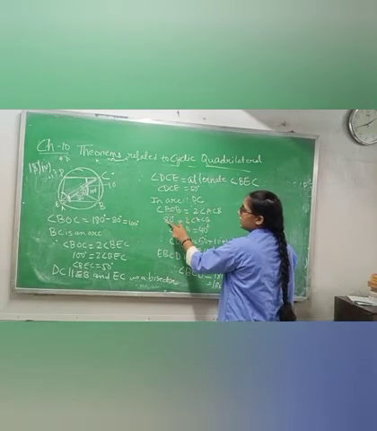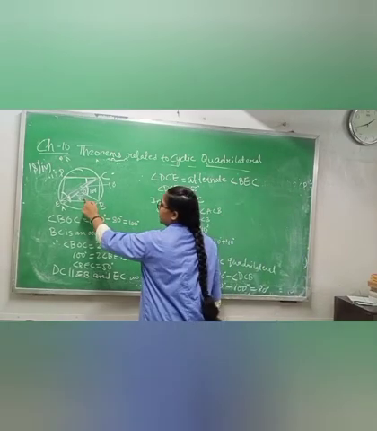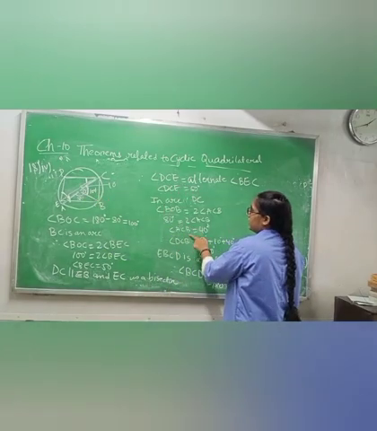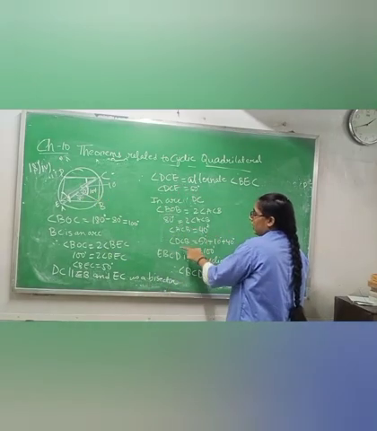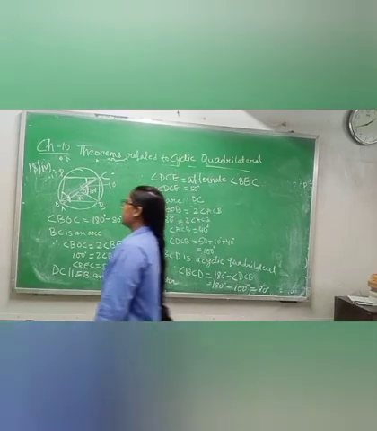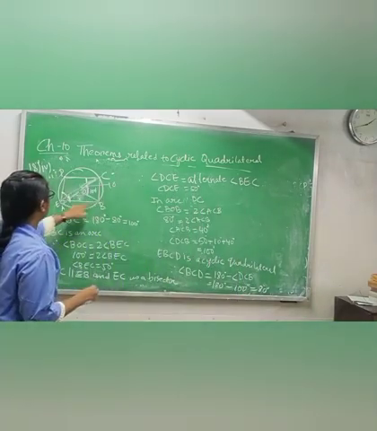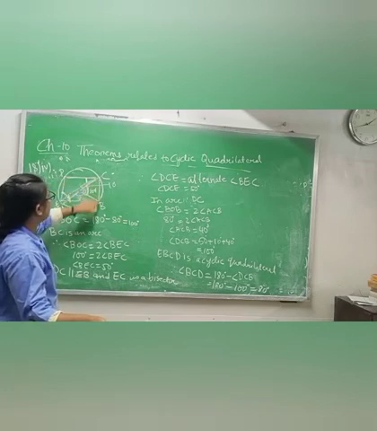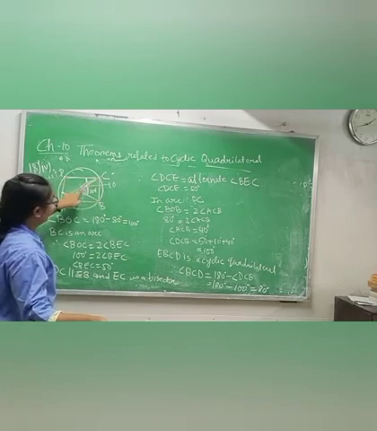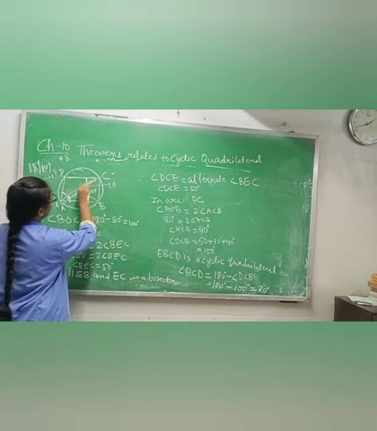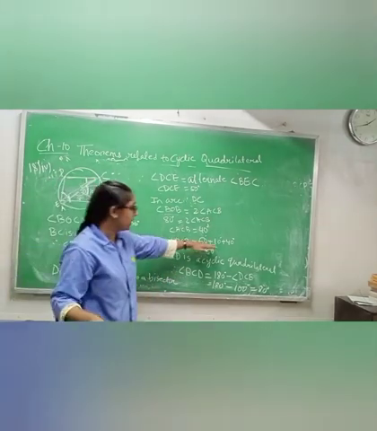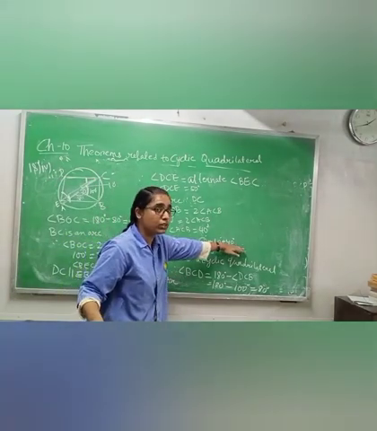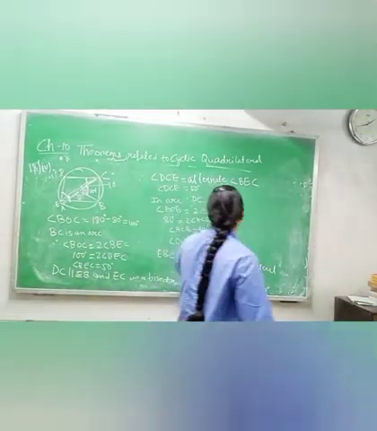Now AOB is 80 degrees. You will get ACB value 40 degrees. Now they are telling us to find DCB and BEC. First I am finding DCB. So DCB will be this one plus this one plus this one. It means 50 plus 10 degrees plus 40 degrees. You are getting a total of 100 degrees.